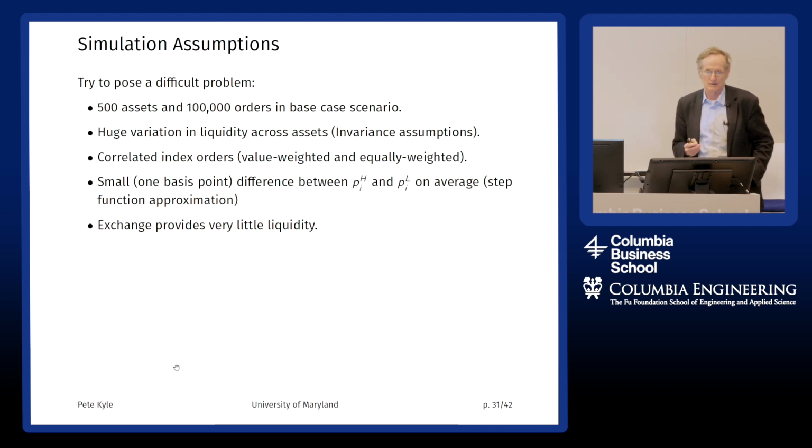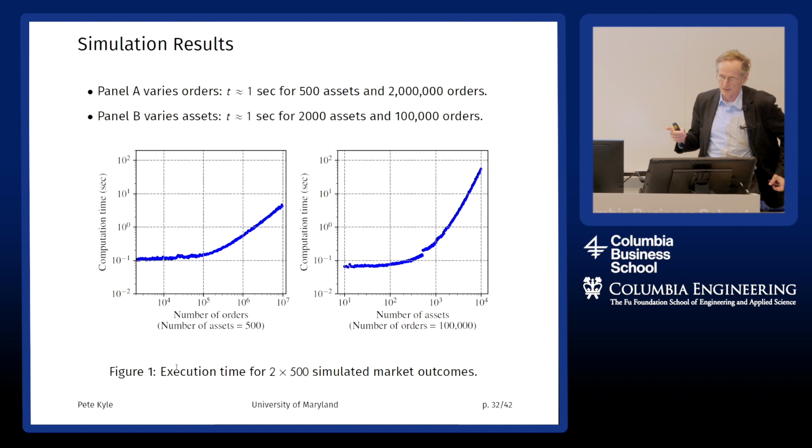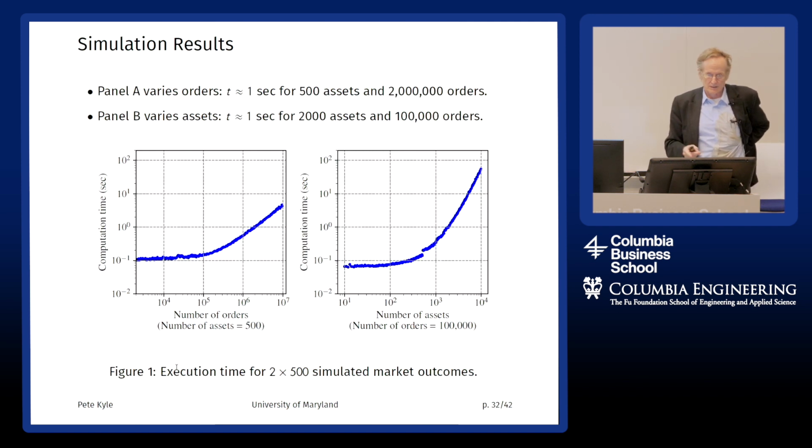But I wanted to just show you the results, and the results are in this picture, and then I'm going to stop. On the left-hand side, the number of assets is 500, and we're looking at the computation time as a function of the number of orders. For 1 million orders, we're still below a second, although not by much, on a workstation as of a couple of years ago. And you can see that it plateaus at 1/10 of a second, which is, I think, basically Python overhead, because we wrote this as a Python program.